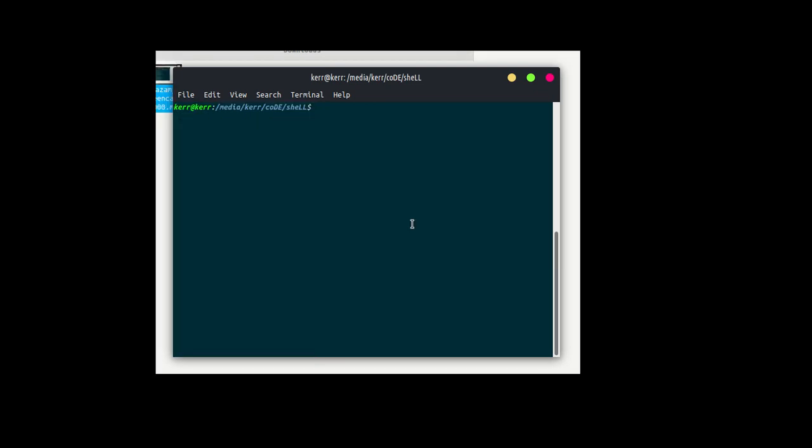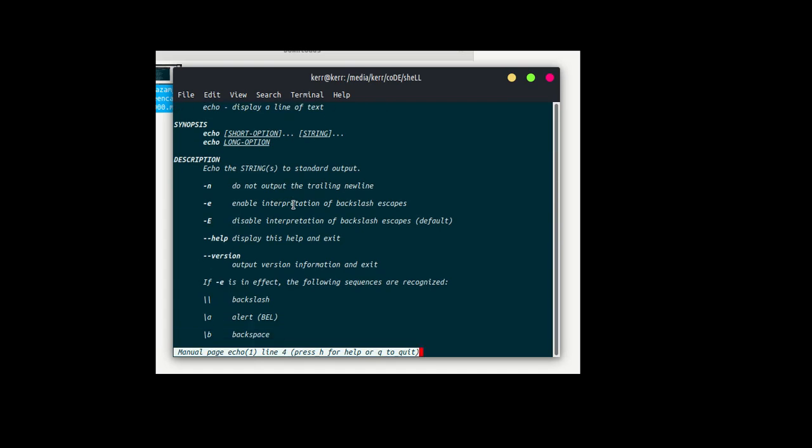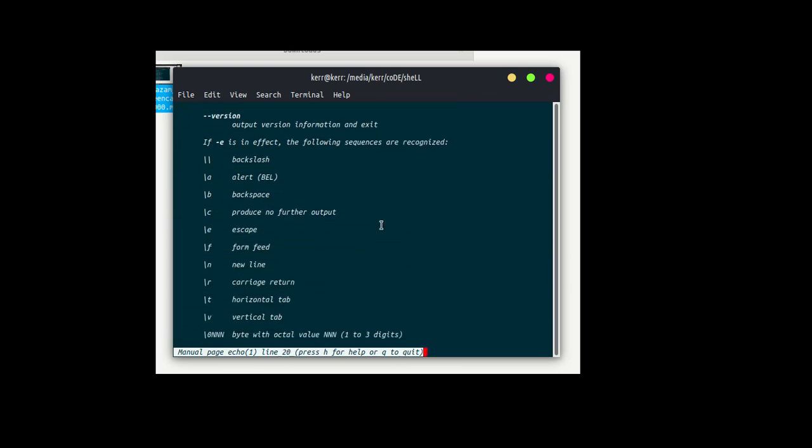The next command is echo. The echo command will basically show you whatever you want to print on that line. Let's first look at the echo man page. You can see various options, like -n, which does not output the trailing newline, and you can use these options for various other purposes.